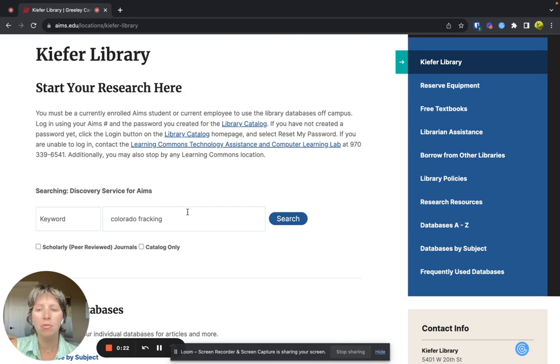If you're on campus, you can go ahead and search a term in the search box just like you would for Google. If you're off campus, you're going to want to create a password for the library catalog if you haven't done that yet. From there, you'll use your Ames A number, which is available in Workday and D2L, as your username, then create a password. This is what you'll use when you log in when you're off campus, but you don't log in until after you get some search results. So let's get some search results.